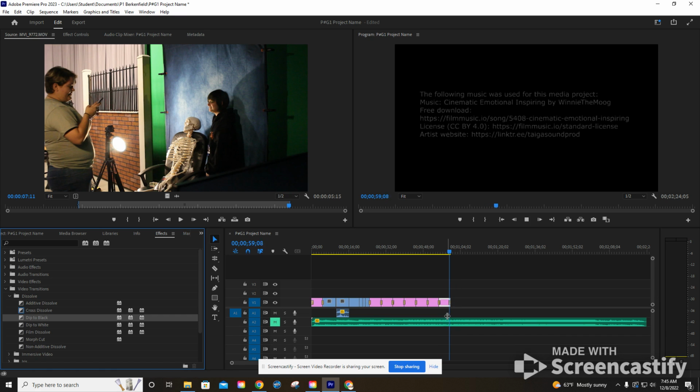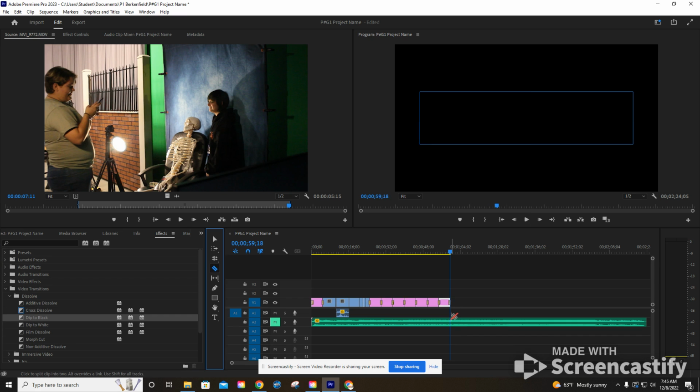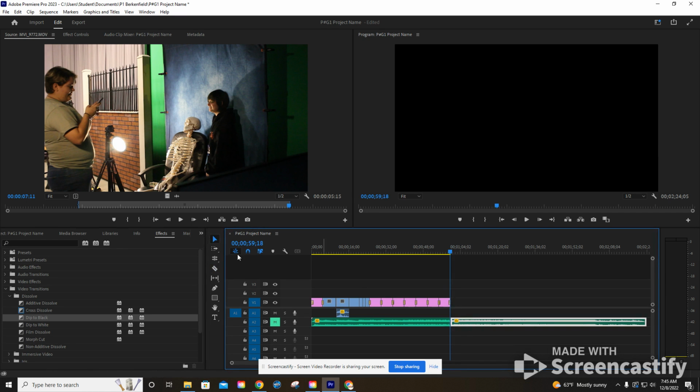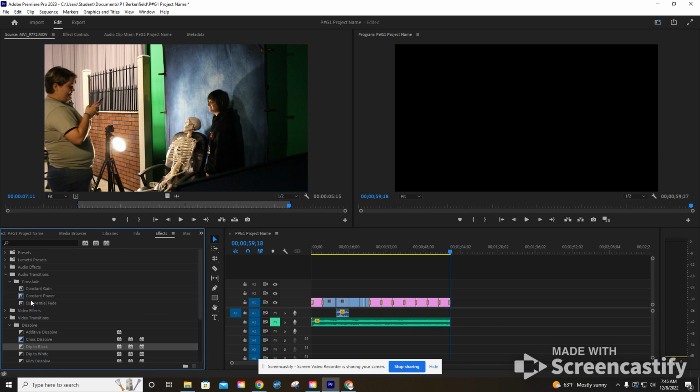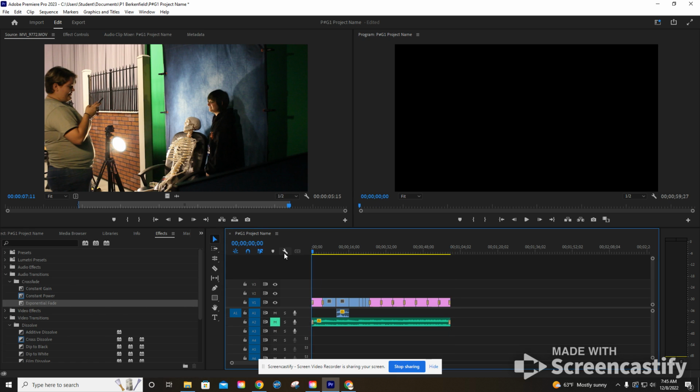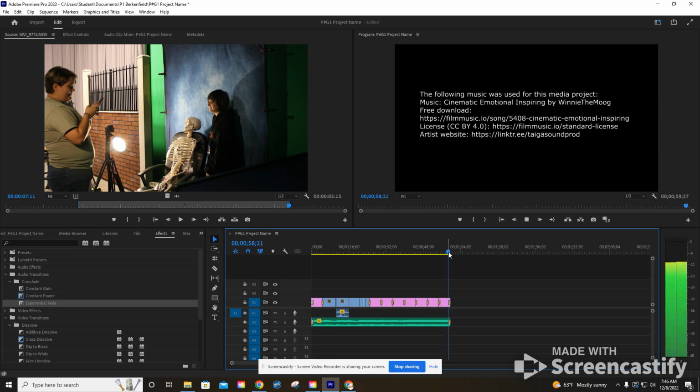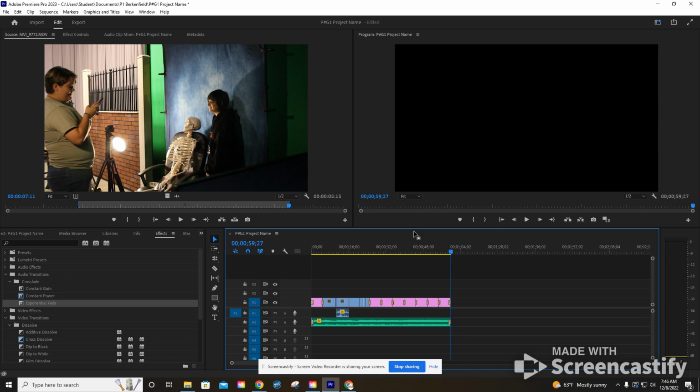And right when it ends is where I want my music to cut off. So I'm going to cut my music. I got my selection tool. Click that. Delete on the keyboard. And then I'm actually going to do audio transitions, crossfade. And I want to put an exponential fade at the end of the music and at the beginning of the music so that it fades in on both sides. So now I got to unmute that. And then jump to the end here. And it fades out. So now I've got music that plays